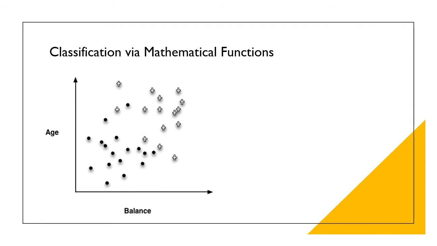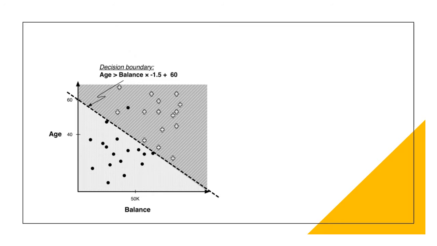Let's first consider classification via mathematical functions. Consider the raw data points on the graph shown. The two axes represent the attributes age and balance. The data points show two classes or decisions represented by a plus symbol or a dot. Can you spot any natural division between the two classes? We can indeed separate the instances almost perfectly by class if we're allowed to introduce a boundary that is a